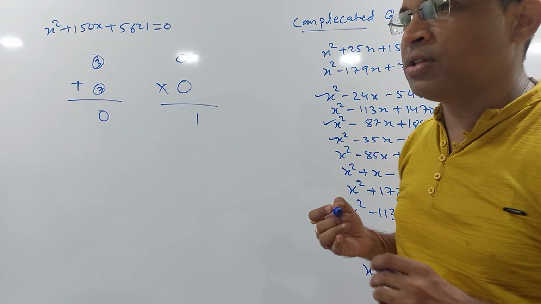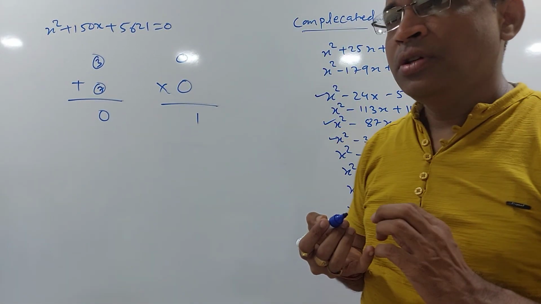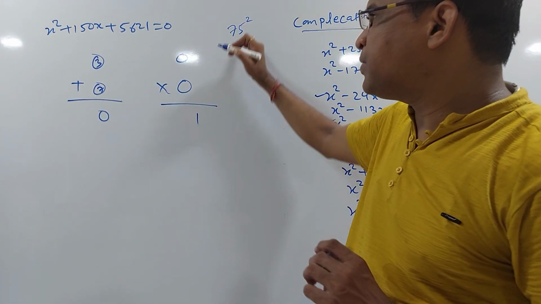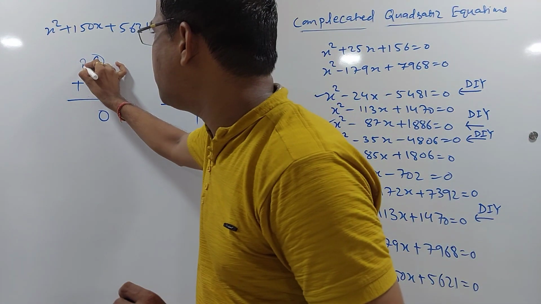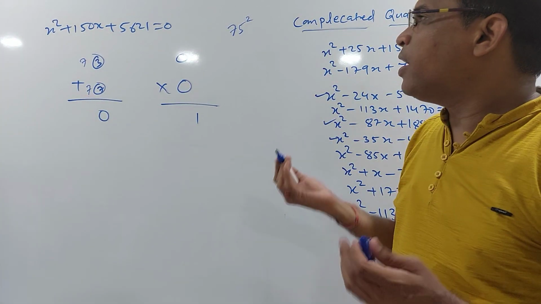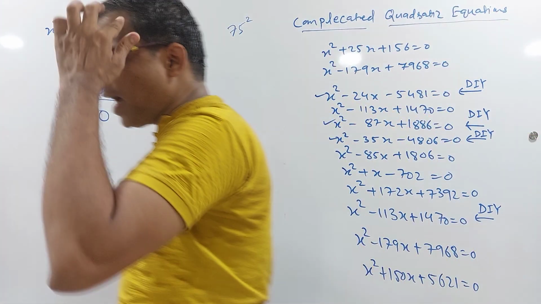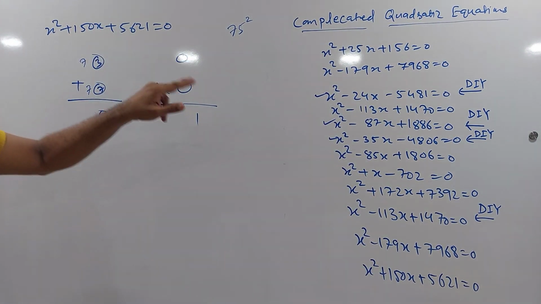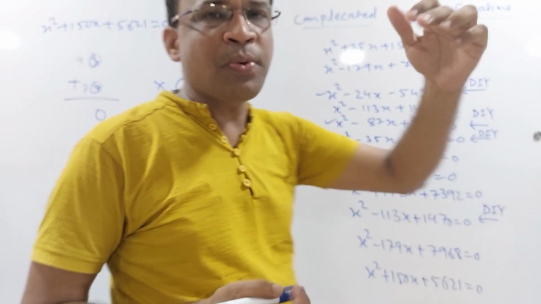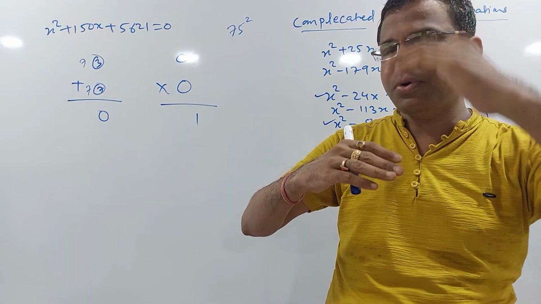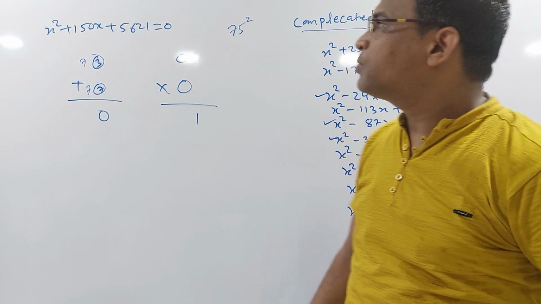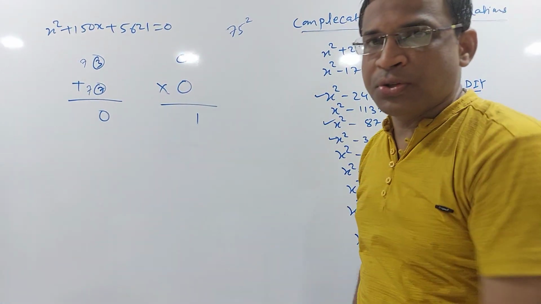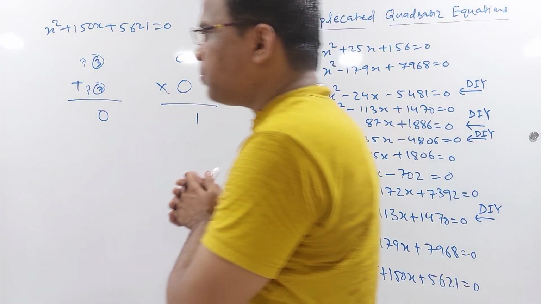So 5600, so 5625. If you remember, 5625 is 75 square. So I am closer to that. So is it somewhere? Yeah, they are 73 and 77. Again see, what is the concept I use? I use a concept of Vedic maths. 75 square is 5625, and we need 4 less than 5625. So that is possible by taking 2 ahead and 2 below from 75, 73 and 77. So see, this is very, very important if you know such approaches. Vedic maths is very, very important. I hope this is fine.